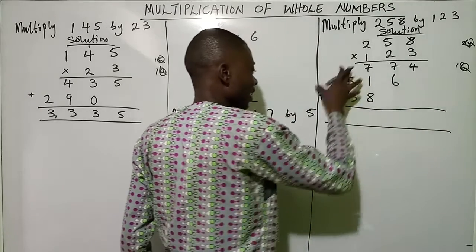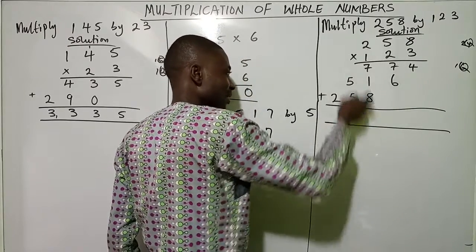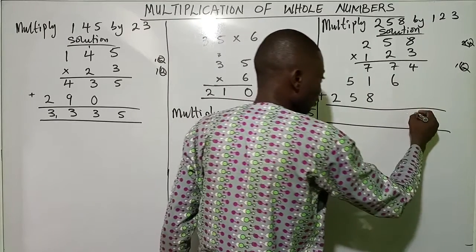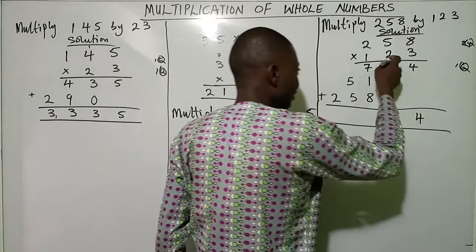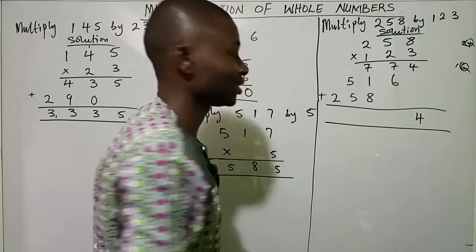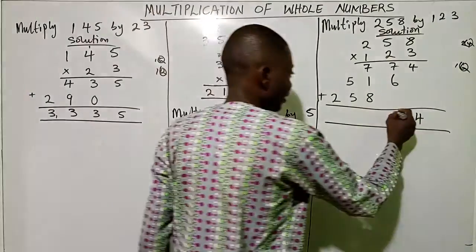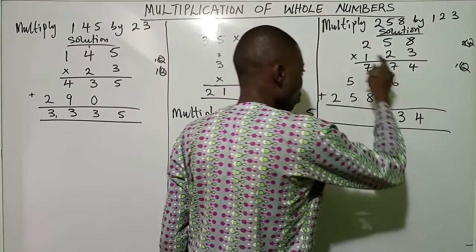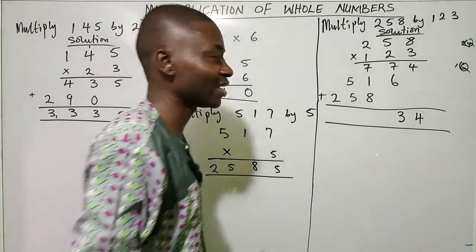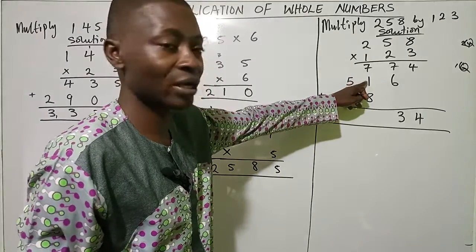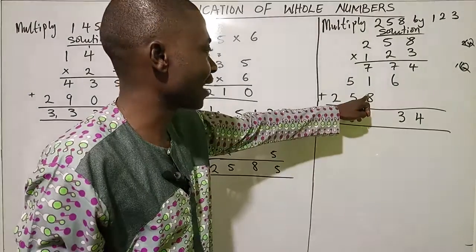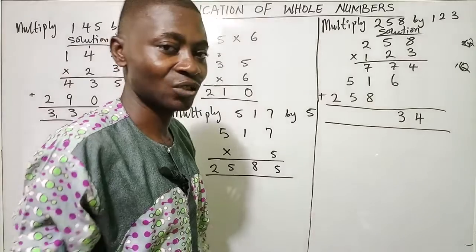I'll add everything I'm having here line by line. So this is 4, so I'm bringing this 4 down. 7 plus 6 is 13. So you write down 3, carry 1. 1 plus 7 is 8. 8 plus 1 is 9. 9 plus 8 is